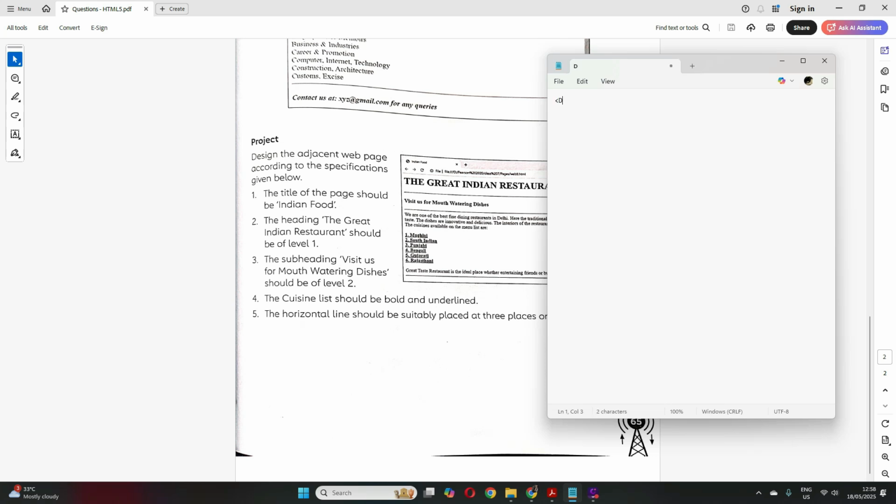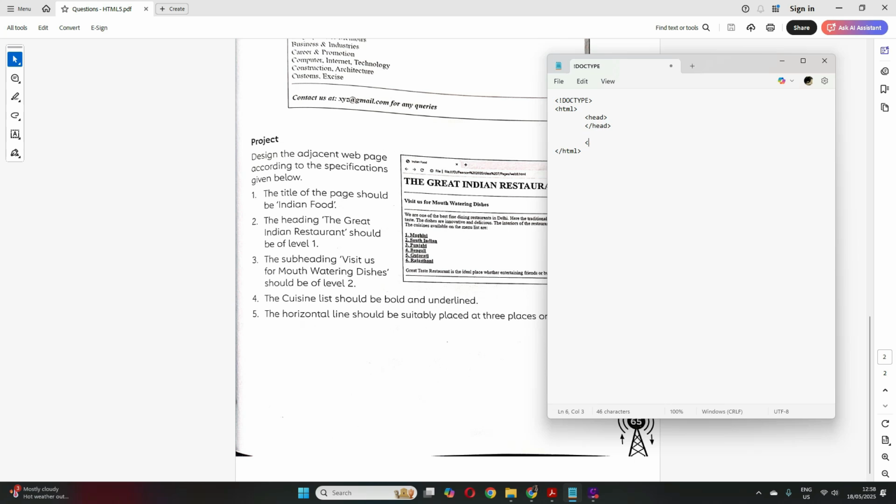So the structure, we have doctype, then we have HTML, the closing tag. Remember, with the opening give the closing tag. Under HTML you have head, the closing tag, very important.